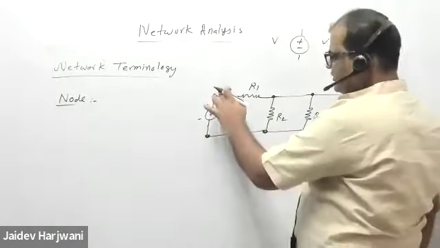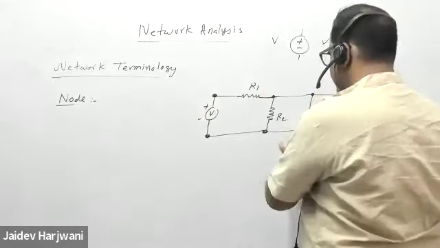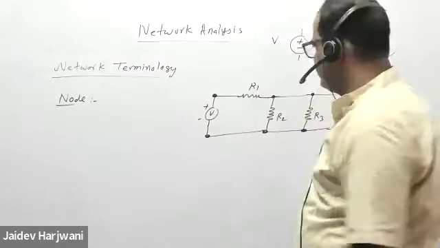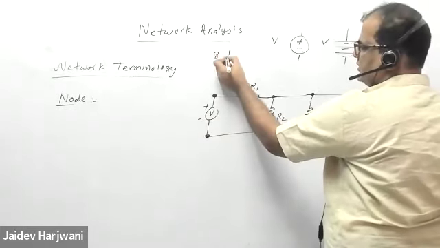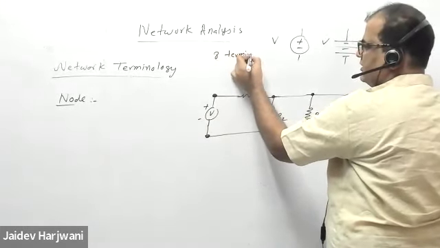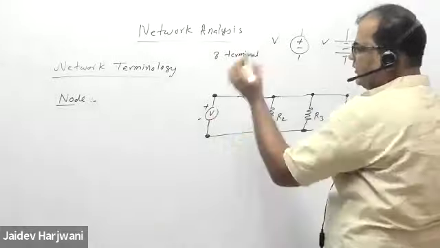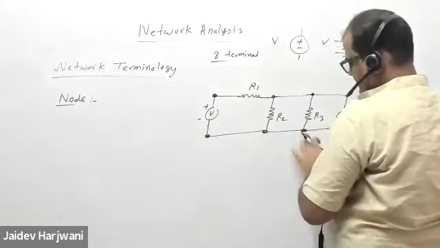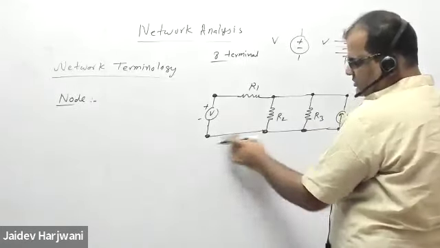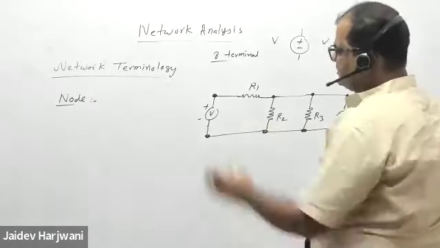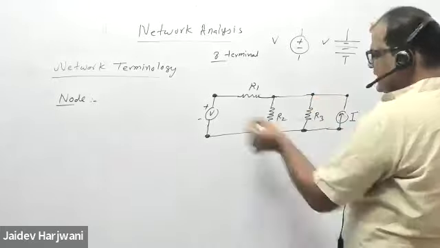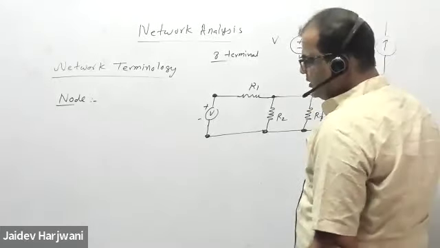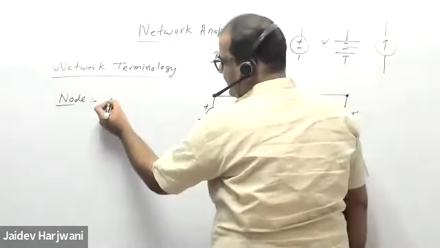These are terminals 1, 2, 3, 4, 5, 6, 7, 8. These 8 are terminals. So we have 8 terminals here. Just for showing, it may not be 8, because they all are joined in this part, so this is a single terminal. Just for looking, I have put 8 dots, so I see 8 terminals. So what is node? Node is a terminal